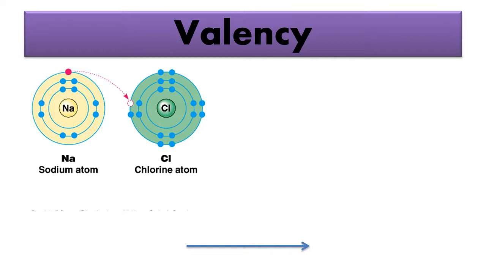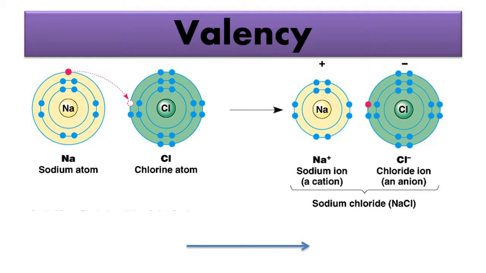Alright, so due to the attraction between the unit opposite charges on the two ions, one chemical bond is formed between the sodium ion and the chlorine ion, and the compound NaCl is formed. That means after losing and accepting the electron, a chemical reaction takes place, and Na+ and Cl- ions will form sodium chloride, that is NaCl. Here the chemical equation is written: attraction between sodium ion, Na+, and chlorine ion, Cl-, will form NaCl, that is sodium chloride.